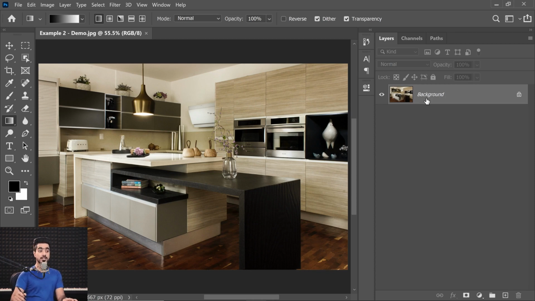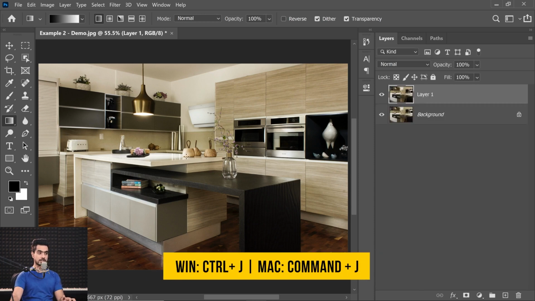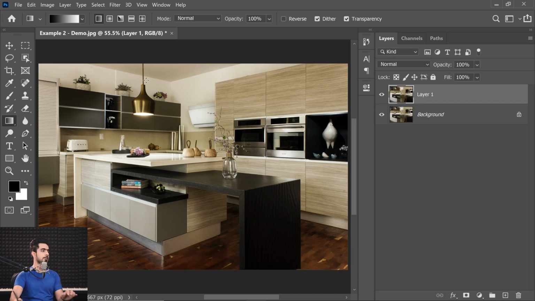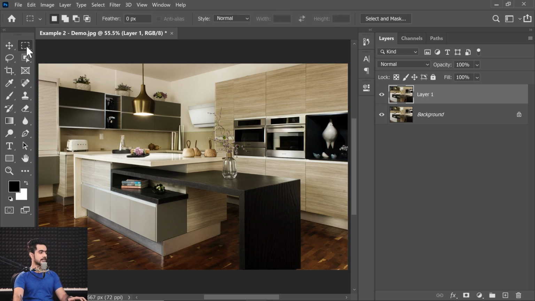So first of all, let's make a copy of the background layer. Press Ctrl or Command J. We're going to create a blurred background, right? So if we take the rectangular marquee tool right over there, we can simply create a rectangle right here, just